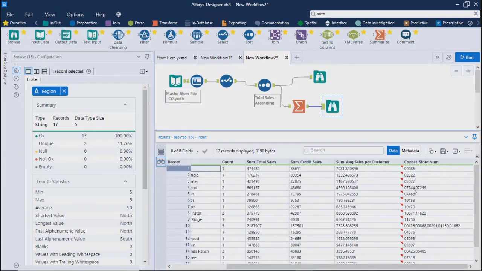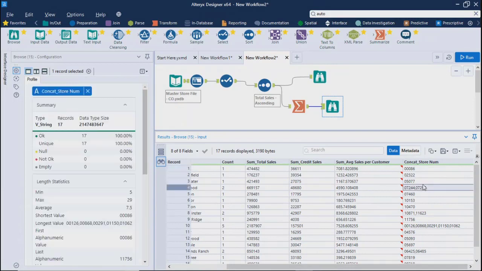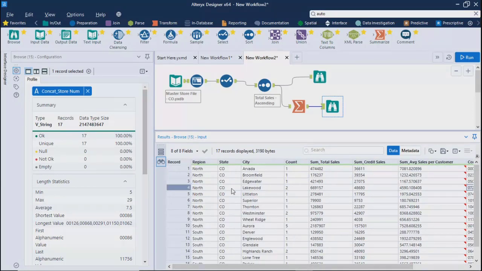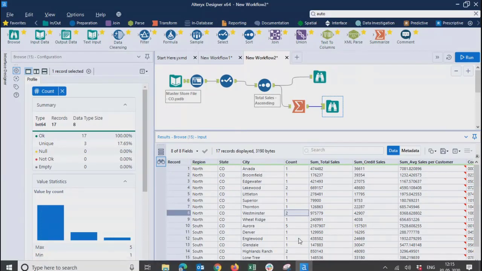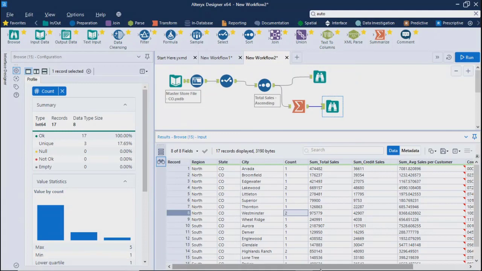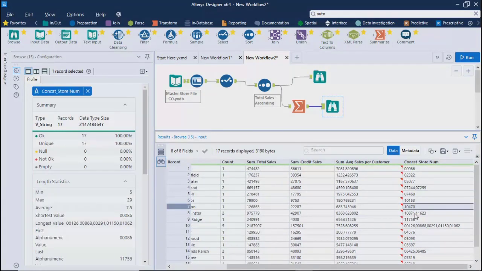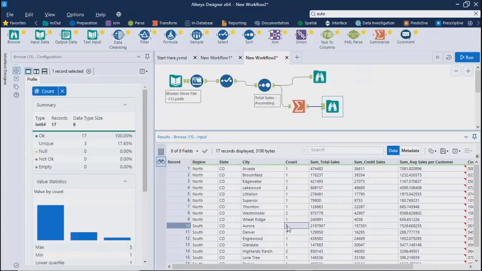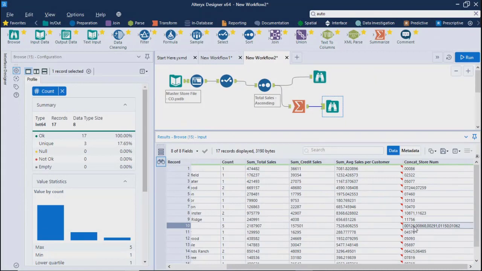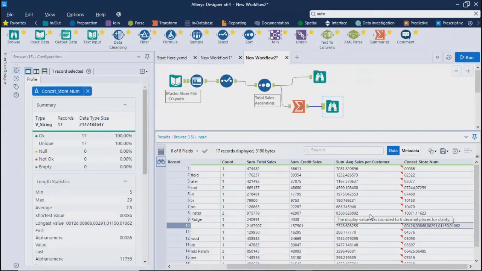So for example, here it is giving you within the comma 2 store numbers, which means for this combination you got 2 stores. See, 2 is there, 2 stores. Even for this you will get 2. So if you explore this, 2 stores are there. For this there are 5, so that's why you're getting 5, which means it is just concatenating the occurrences of this particular store number.